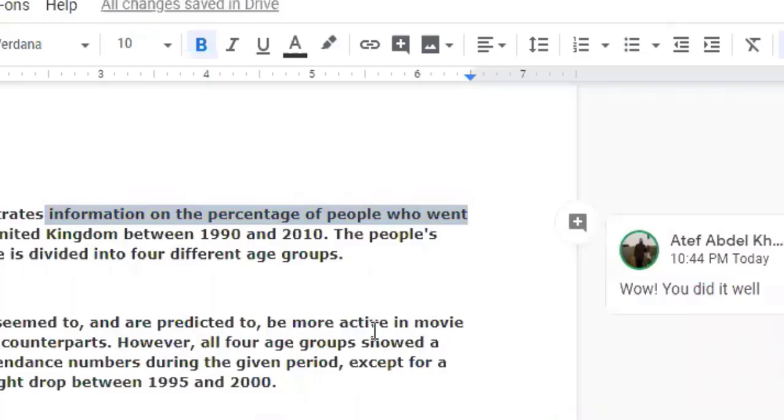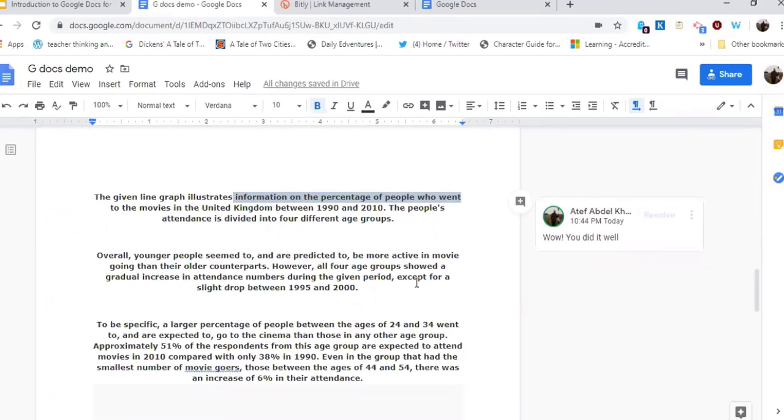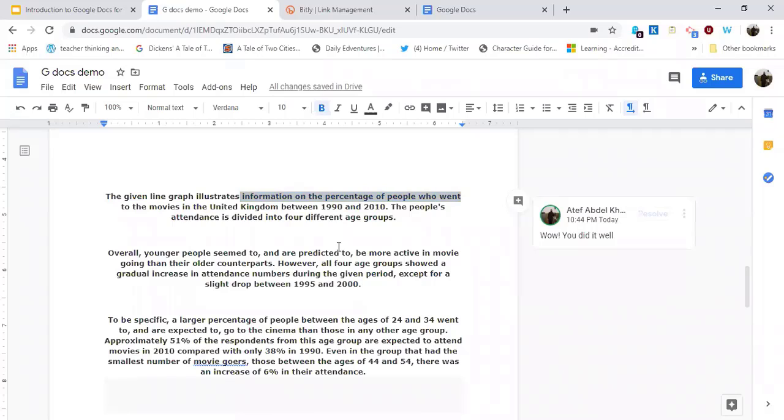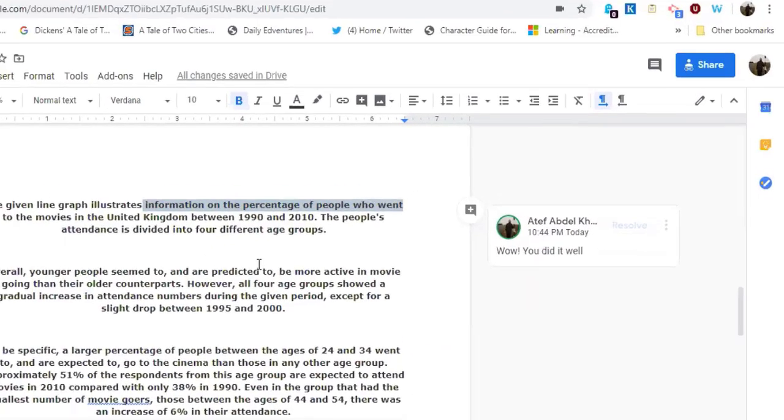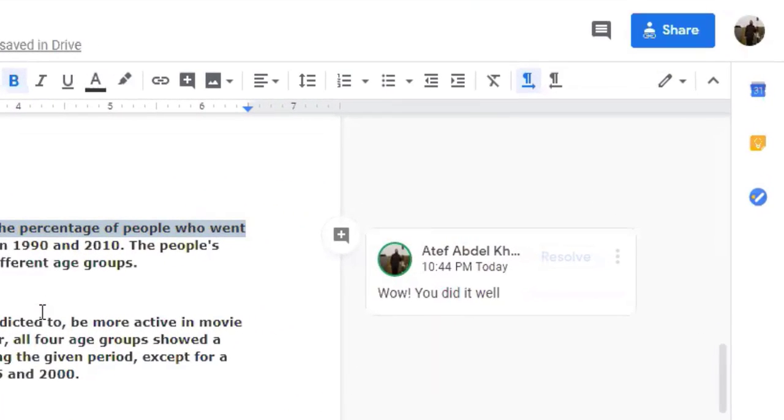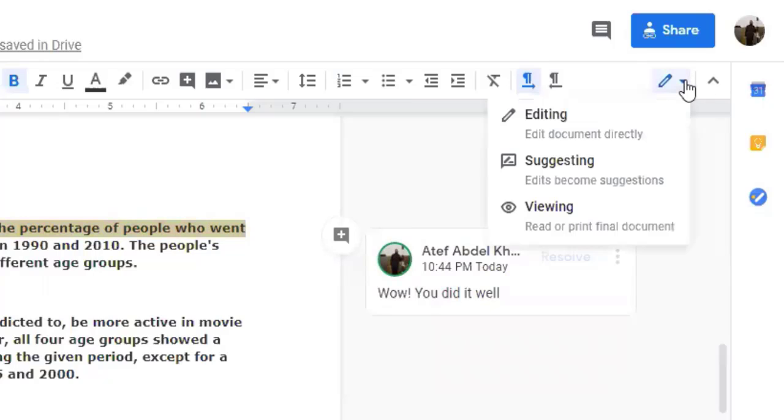Okay, what about if you want to correct their mistakes? You want to keep the original, and at the same time, if you are an editor, you can erase and write, okay? But the students will not be able to see what you've done. You want to correct, and at the same time they see what mistakes or the original text. So you can use the feature of suggesting. So from here, top